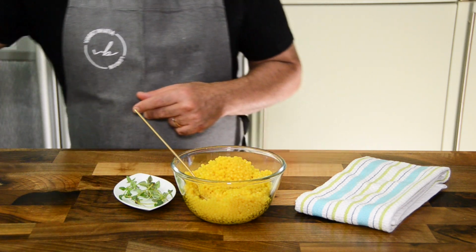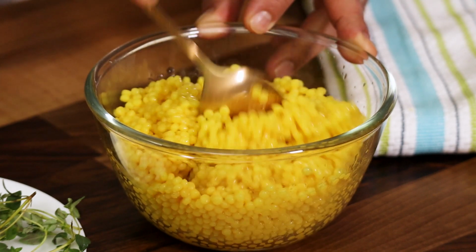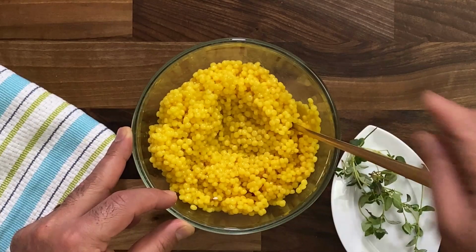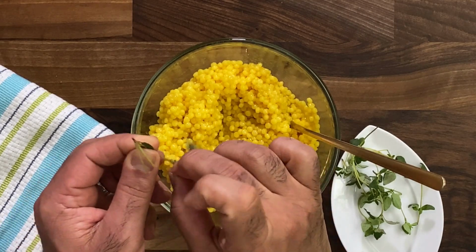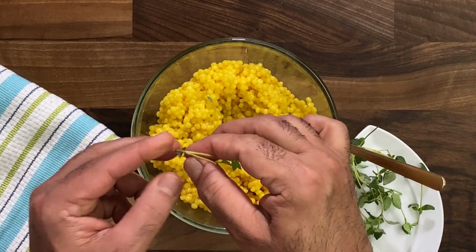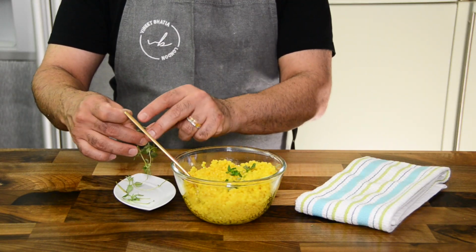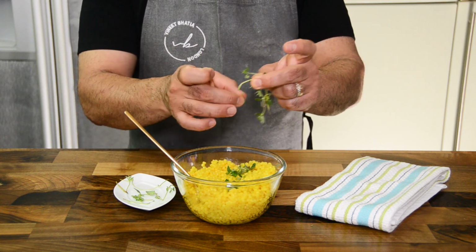And what I'm also going to add is some lemon thyme. Now these are thyme leaves which have got a light flavor, aroma, and a flavor of lemon. So the lemon thyme gives a very nice contrast, a very nice visual balance to the couscous. You see the green specks in the couscous. It also gives a very nice flavor to the couscous. It really enhances the couscous into a different dimension altogether, and as a dish it really brings it together, because